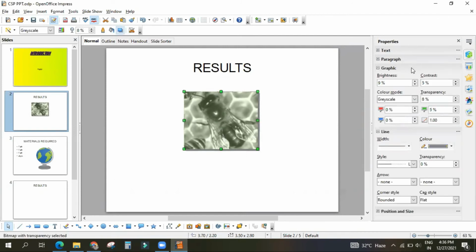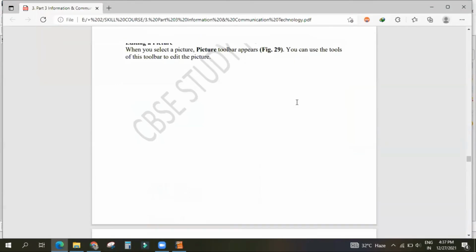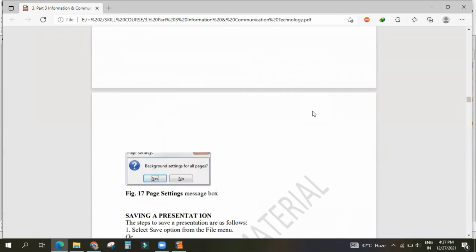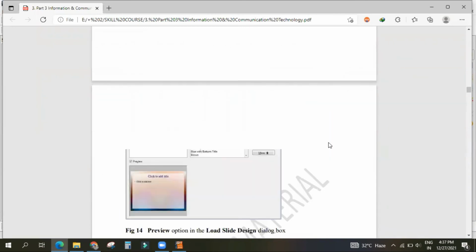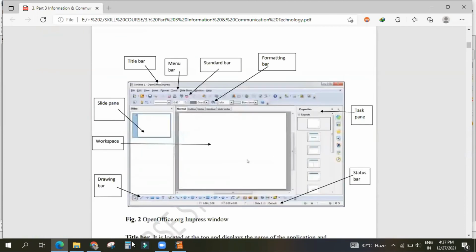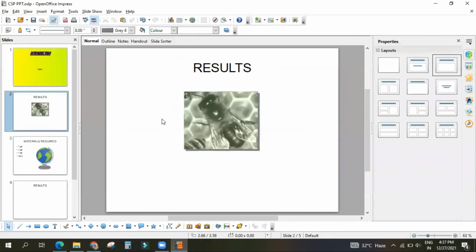Okay, either from the, this is known as which pane? I also forgot. This is known as, you also forgot, which pane? That one, tool pane, I think, or task pane. Sorry, this is task pane. Here also you can modify, in the formatting bar also you can modify. Understood? Yes or no? Yes, sir.